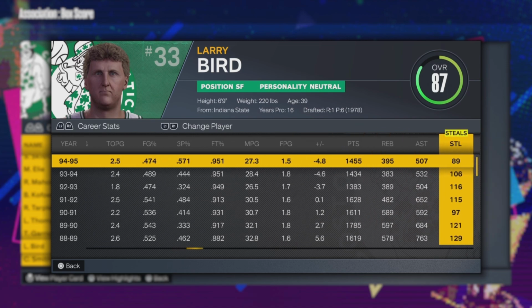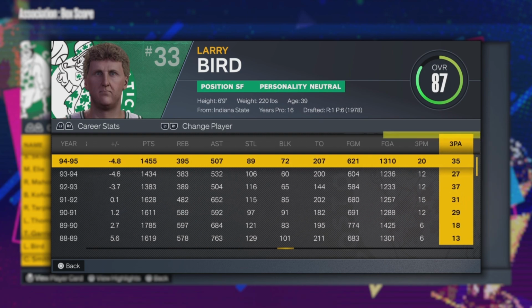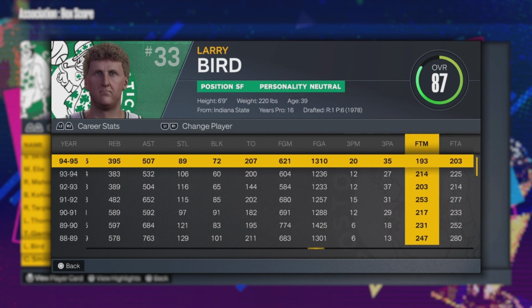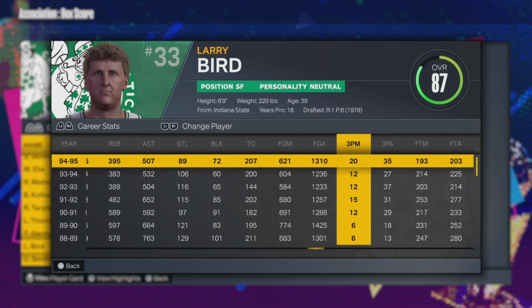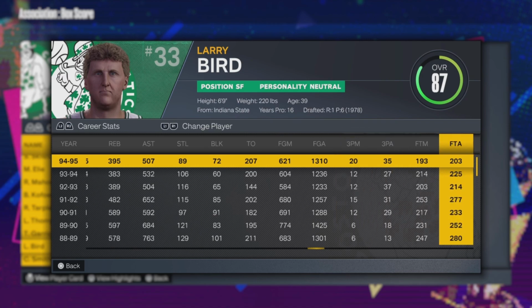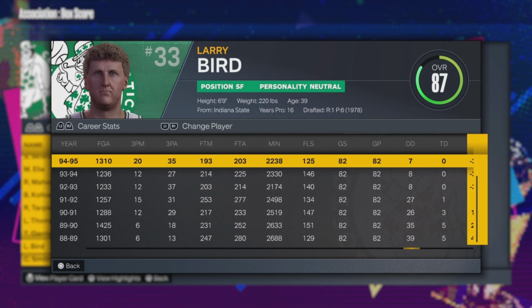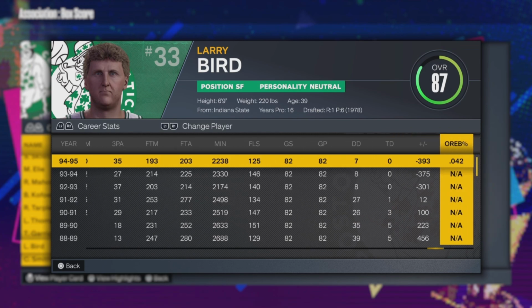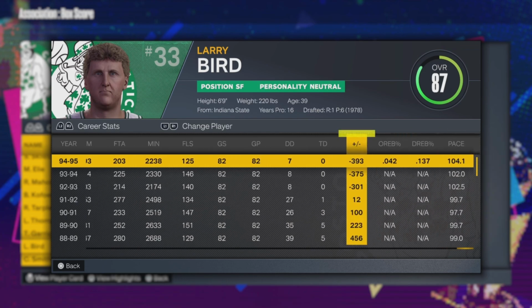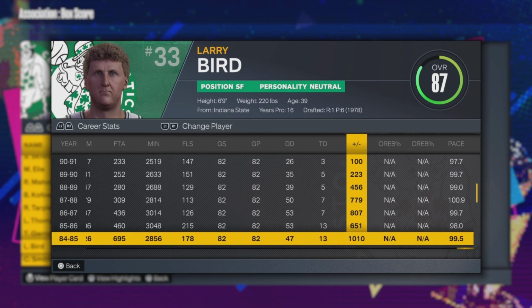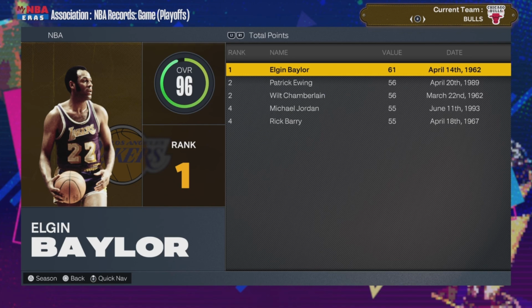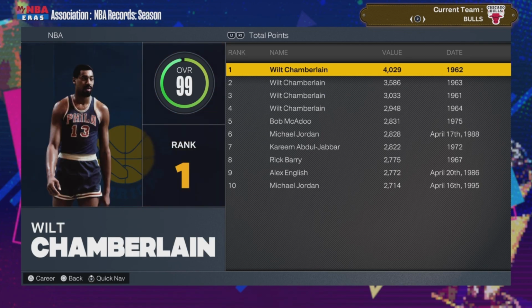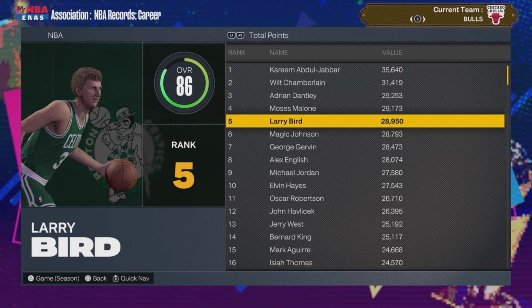I feel like a big part of this sim is about reliving NBA history. And so I like that I get to show my appreciation for some of these players who, like Larry Bird, I never really got to see play in real life. I've seen his highlights numerous times. So a big reason why I did this sim was being able to bring guys like this back to life. And 2K might not be the most accurate representation of NBA basketball, but having watched highlights, you could see a bit of his real life game in the 2K version of Larry Bird, right? So it's fun to see that play out.